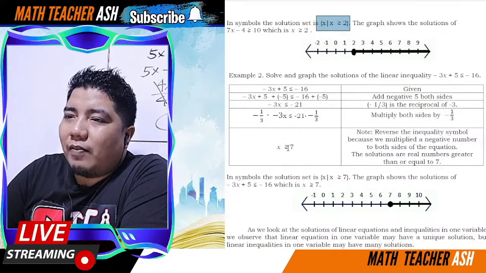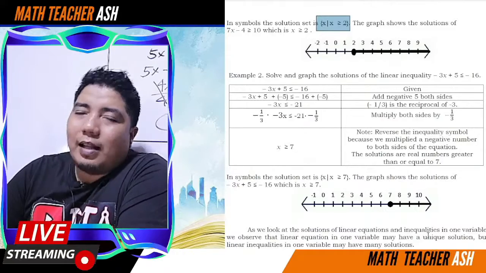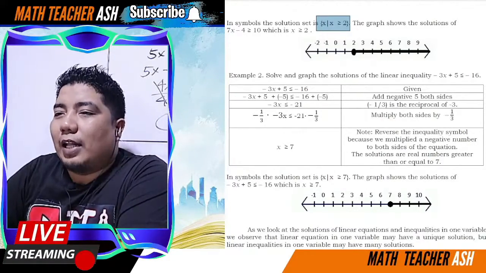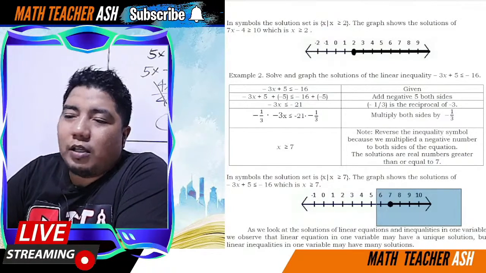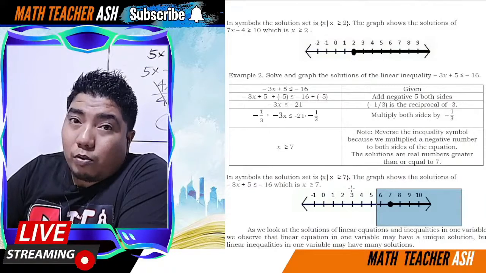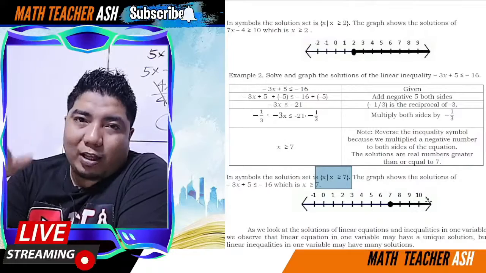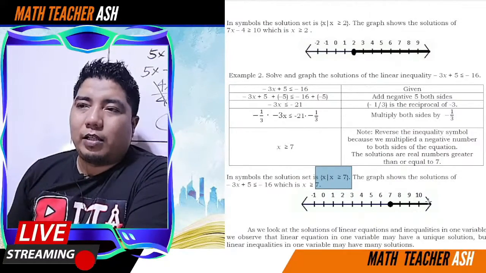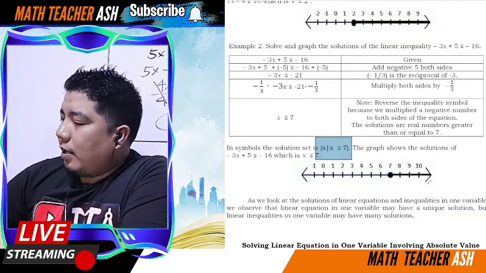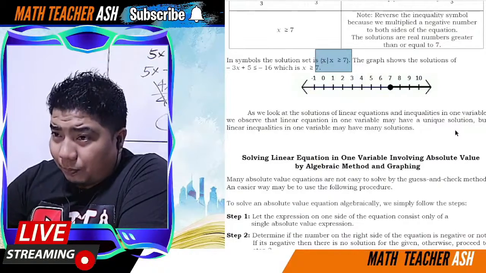So, what are the values of x that is equal to 7 and greater than 7? That is 7 pataas. 7, 8, 9, 10, and so on and so forth. At yun na nga ang sagot dito sa drawing. And when you write it in a solution set as a symbol, so it will become like this: the set of x such that x is greater than or equal to 7. Ganon lang kadali, my dear math learners. Okay, now we have here